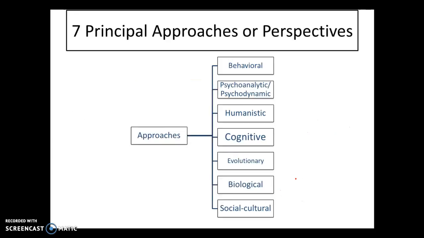So at this point, you should know all of these approaches. A good way to study for this is what we did in at least one section of class, and that would be simply see if you can list the 7 approaches. You should be able at this point to list them pretty unproblematically. The next step would be to describe them. What I would also do for each one, and I'll use humanistic as an example, is I would create